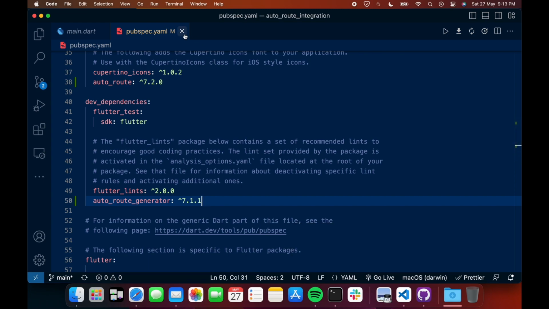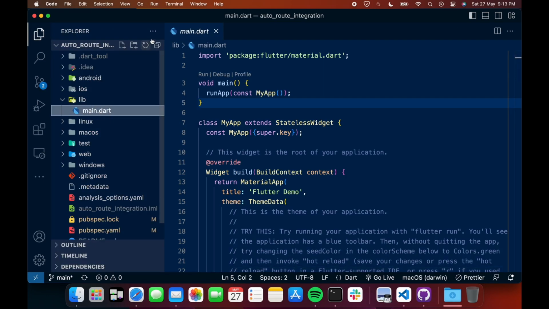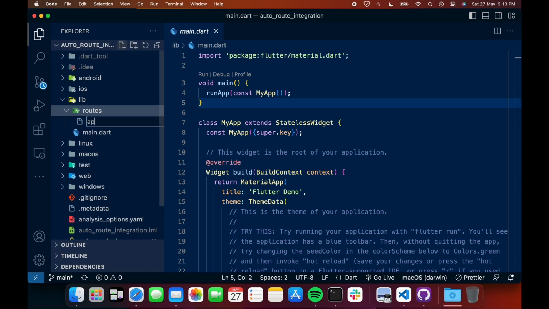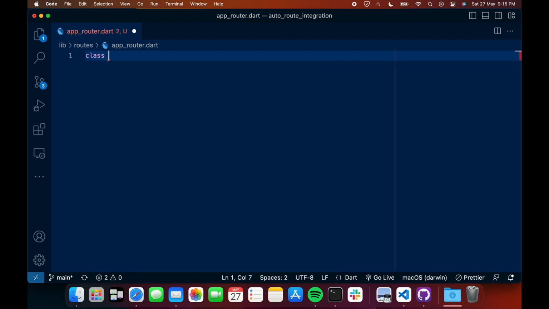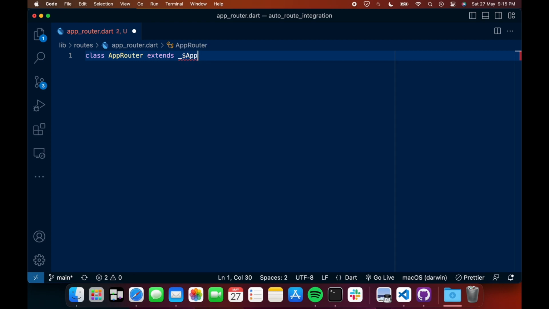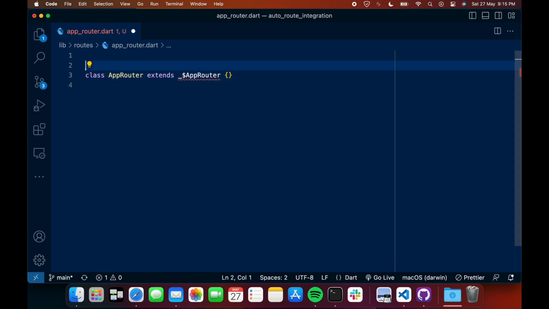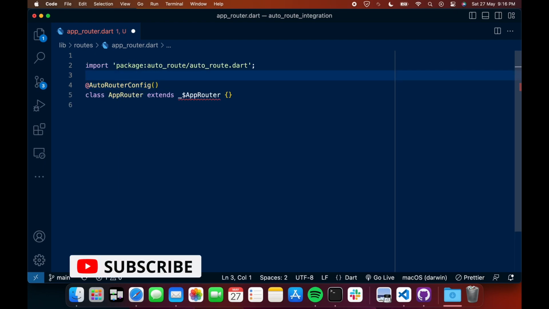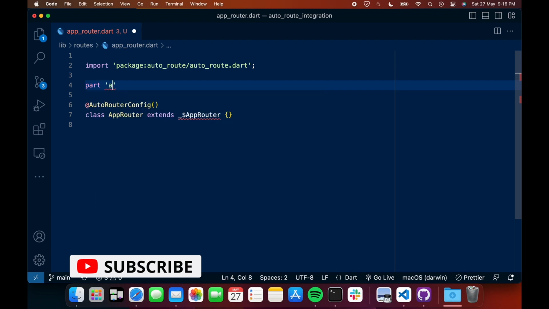To set up auto_route, let's start by creating a folder named routes. Now let's create a file named app_router inside the routes folder. Let's start by creating a class named AppRouter and extending it with $AppRouter. Then we must annotate the class with AutoRouterConfig. After that, we must write part